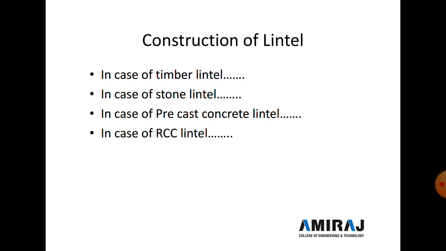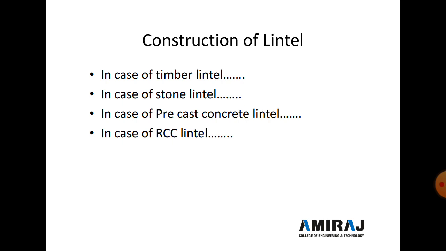Now the third one is the precast concrete lintel. First of all, a rectangular cage of steel reinforcement as per the design is prepared, and then formwork is made around the steel cage by keeping the proper cover all around, and then concrete, mixed in a proportion as per the grade and design, is poured in the formwork. After 24 hours the formwork is removed and curing is done for a period of 12 days. As per the standard, curing of a precast lintel should be done for 28 days. After proper curing, the precast concrete lintel is ready to place over the opening area.